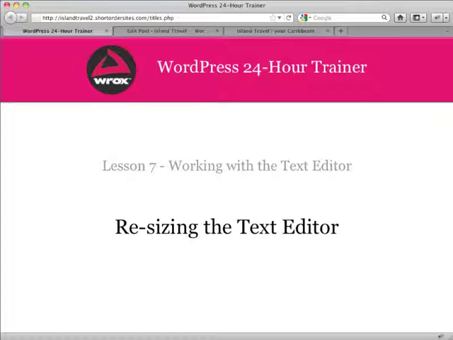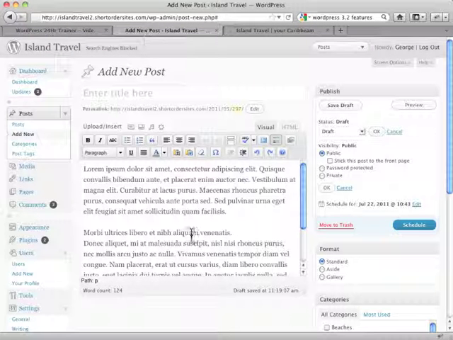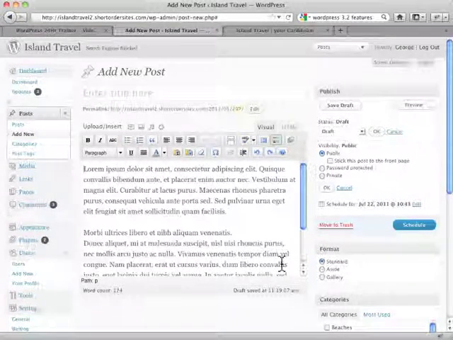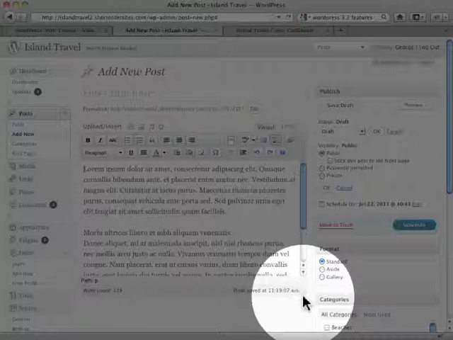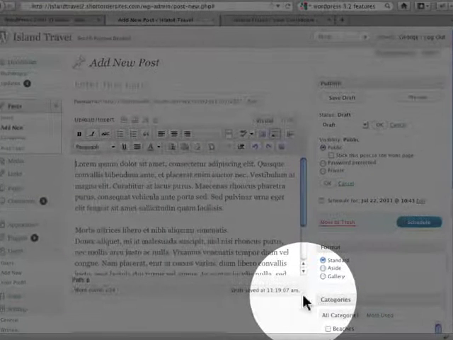In this video, I want to quickly show you some ways you can resize your text editor. When you're working with a post, it can sometimes be a bit cramped working with just this little text editor area. The first thing you should notice is right down below here, and in fact we should probably zoom in